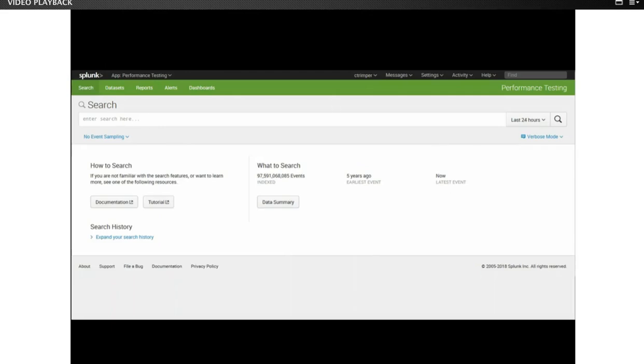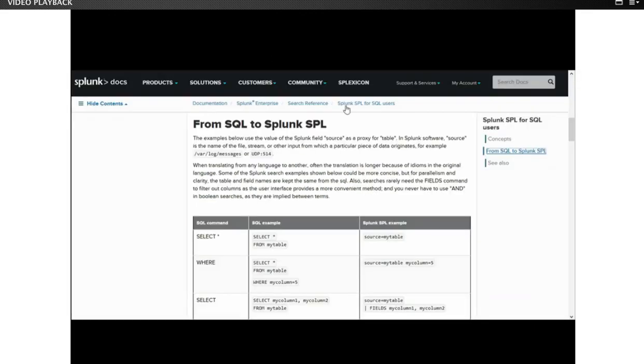So here is Splunk. It is a web accessible application. And the first thing that we're going to do is I'm going to show you a really important page that was helpful to me. I didn't really understand how to query Splunk in the beginning, but they have this great article out there. So if Splunk is something you have or consider using, this is a great article to take